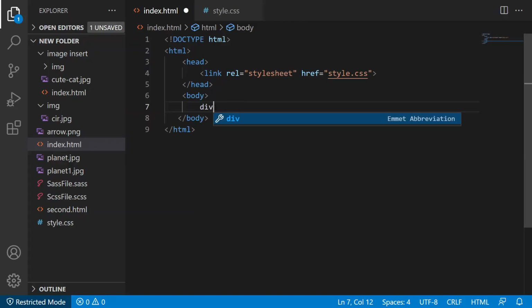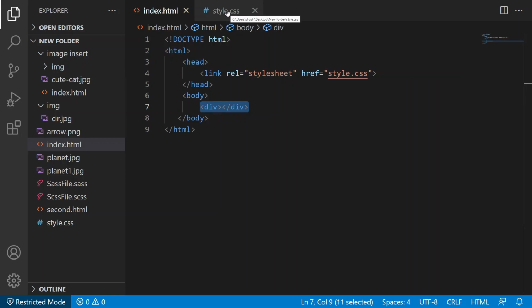Hey guys, it's Dimitri here, and in this video I'm gonna show you how to make a div vertically scrollable